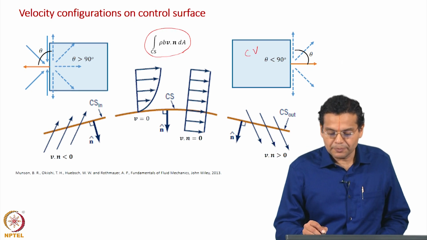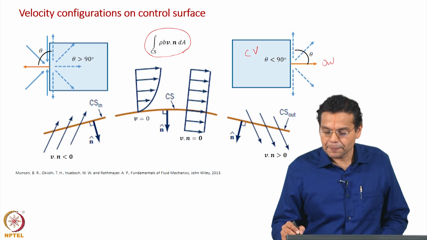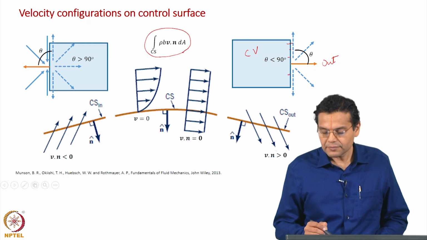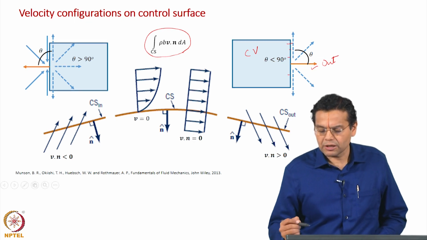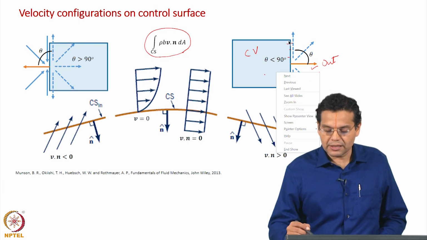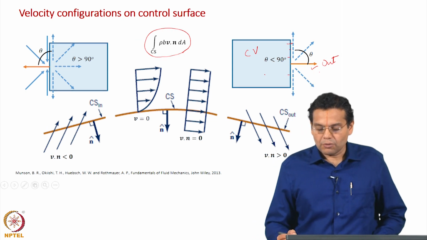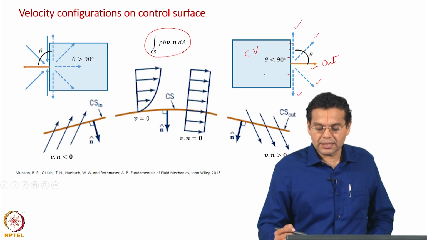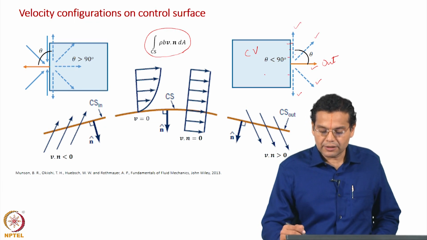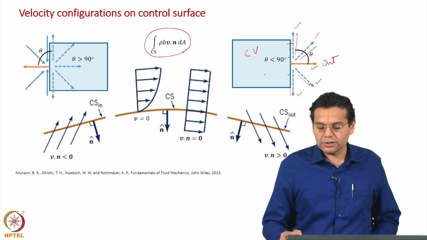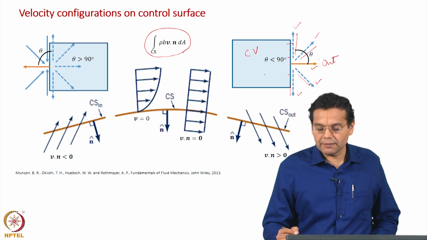This is the control volume and this is the outside, and there is outflow through this control surface, and that is why we have drawn an outward normal here. So, inside of control volume and outward normal for this control surface. Now, what I have shown here are a few typical velocity vectors. Because it is an outflow surface, fluid can flow along this direction, this direction, this direction, this direction.